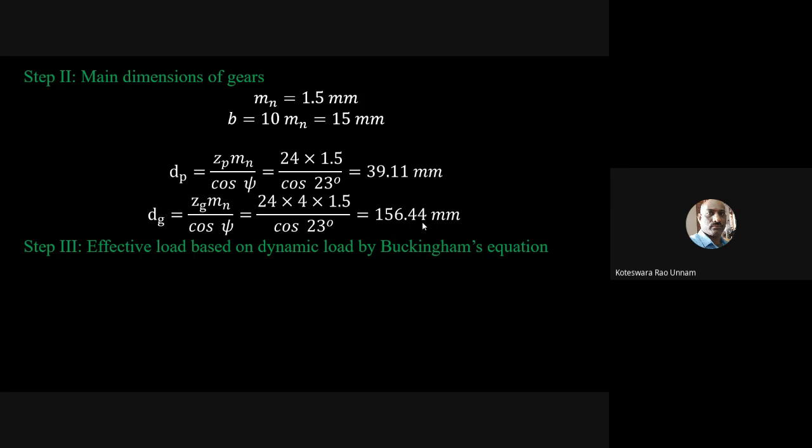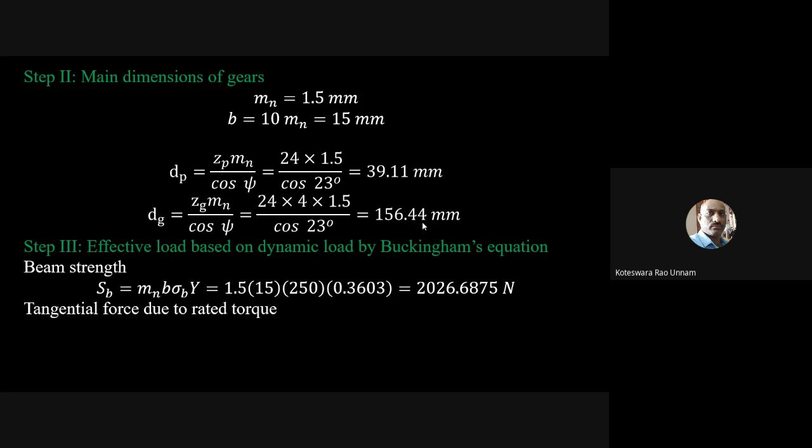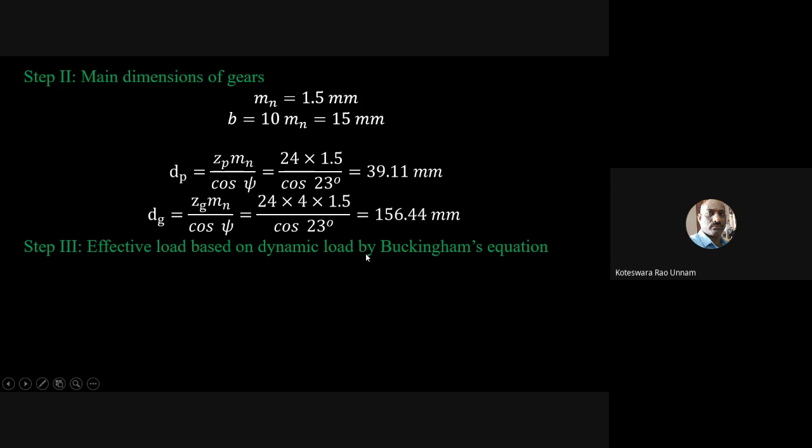The third part is, instead of using the velocity factor approach, you need to use the Buckingham equation to calculate the effective load and also find the factor of safety. If required, you asked us to calculate the factor of safety also. So for that, first we'll calculate the beam strength. So we got the module value 1.5. Earlier we calculated it, but that value is in terms of unknown Mn only. If you see this calculation here,